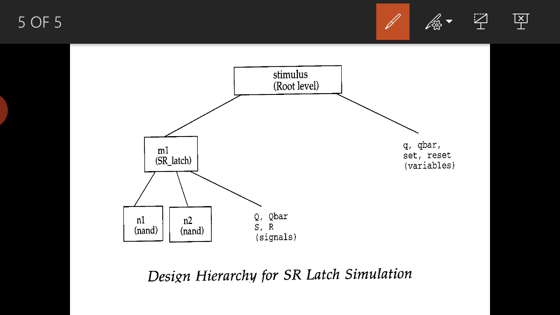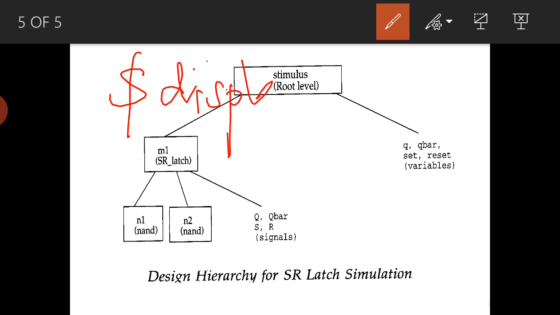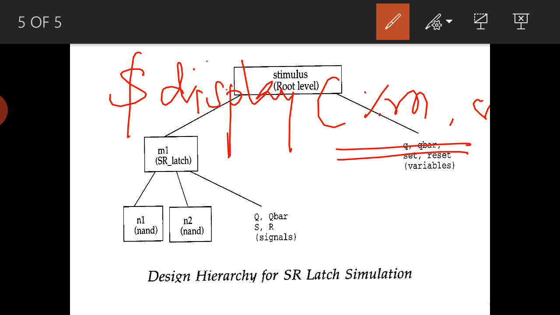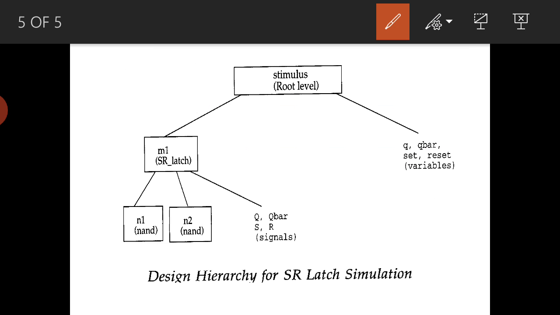Suppose you want to see how the hierarchy will display. For example, as I said, $display with %m, and here the stimulus, the variable name. If it is like this, then it will start with stimulus dot q, that is the signal.